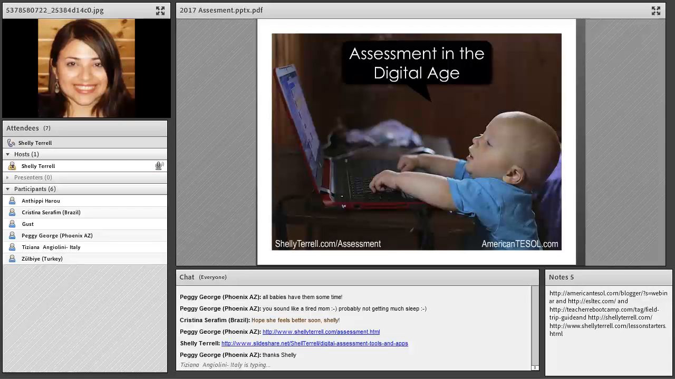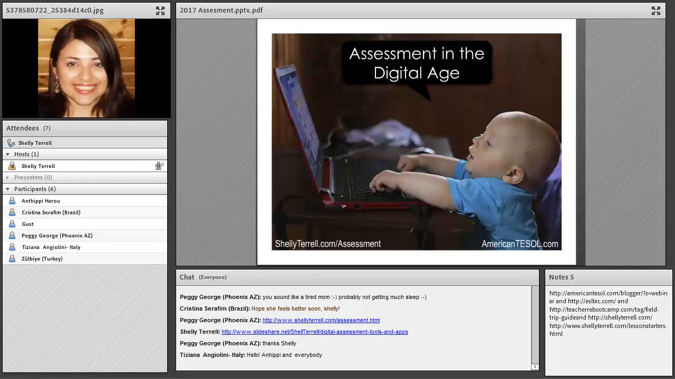And today we're going to talk about assessment in the digital age. We're here every Friday, and we're glad to be presenting the second one in 2017. We're going to talk about assessment, formative and summative assessment tools we can share with you, but mostly a lot